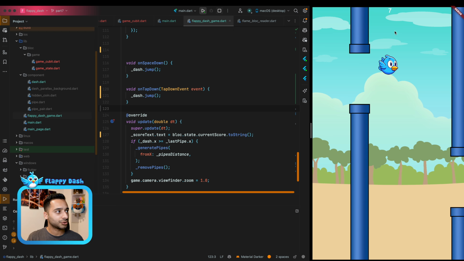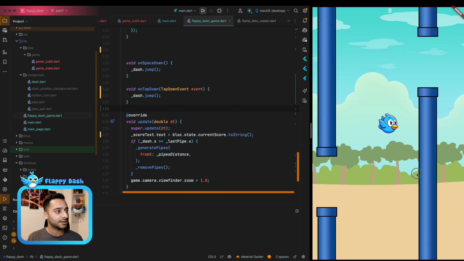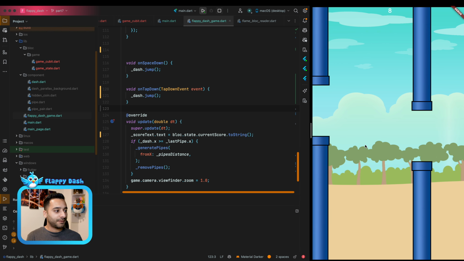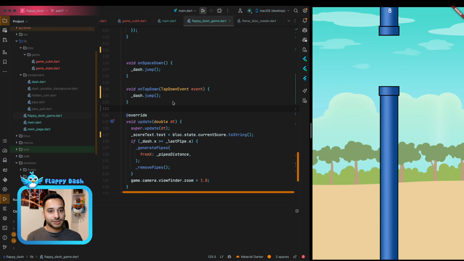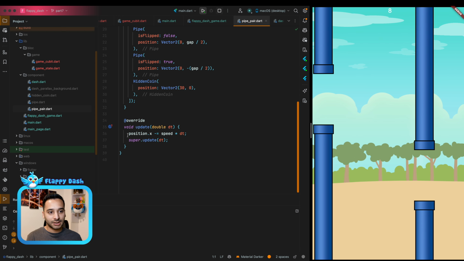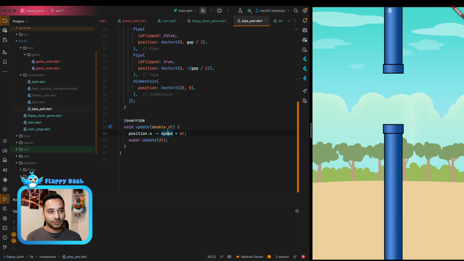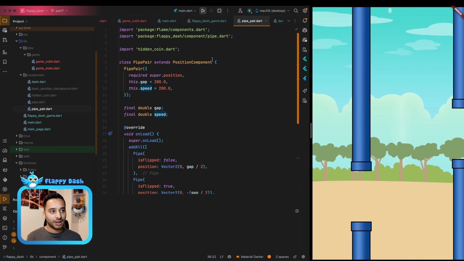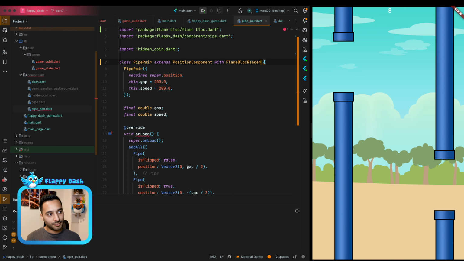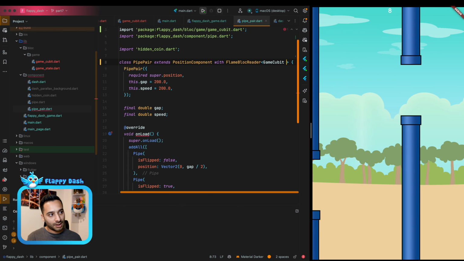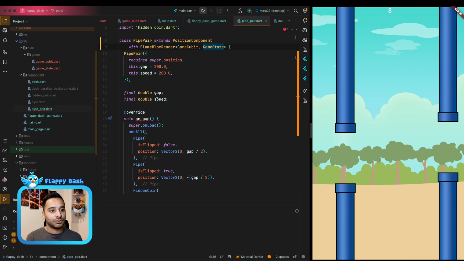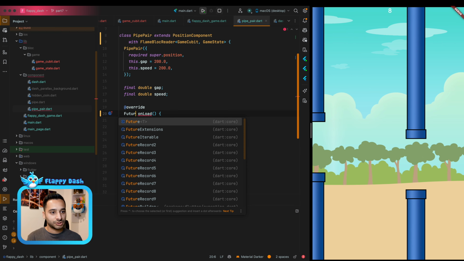Okay, so now we are showing the state correctly, and in the next step we just need to implement the game over. To implement the game over, at first we can just stop the pipes movement. So if you remember, we have pipe pair that updates the X position per frame. So we have a speed and so on and so forth. So we can have access to the blocks here using flame block reader, and I'm gonna use game cubit and game state here. So in the unload we need to use future of void,